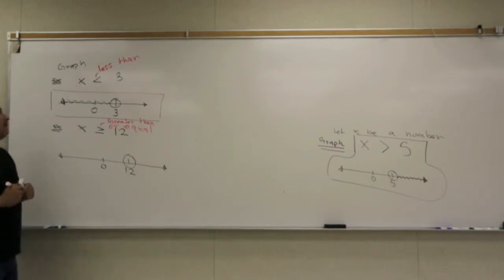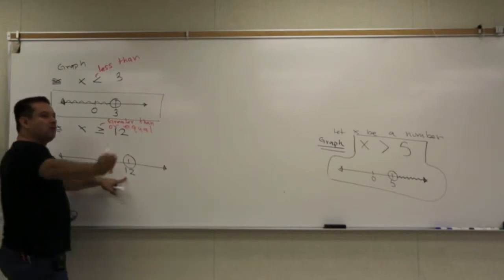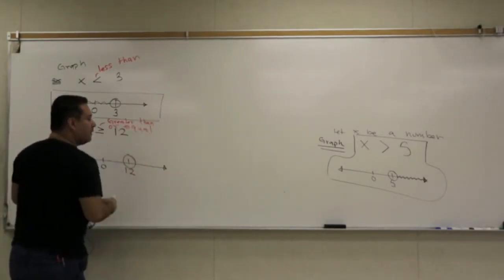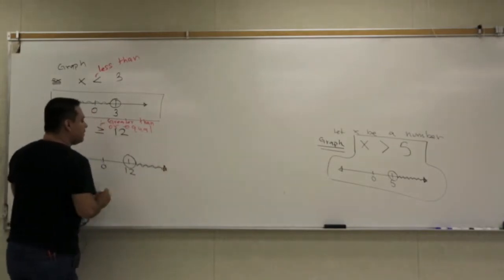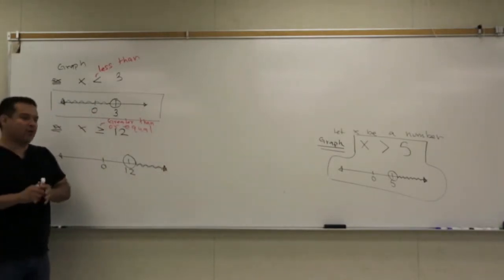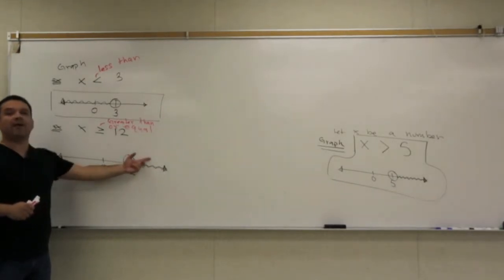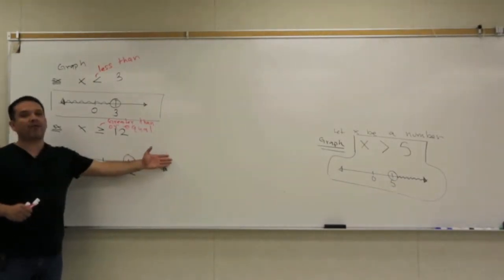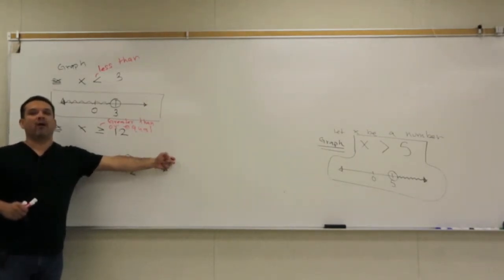So let's describe numbers that are greater than 12. Numbers greater than 12 live in what direction? To the right of 12 or to the left? Okay, so shade numbers where? To the right. Is everybody okay with that portion? We're describing numbers that are larger than 12. Numbers larger than 12 live to the right. All of these numbers to the right of 12, like 13, 14, 15, 25, a million, are numbers that are